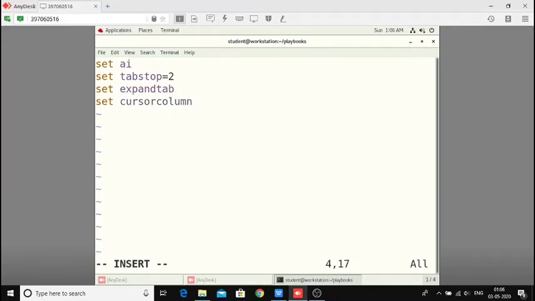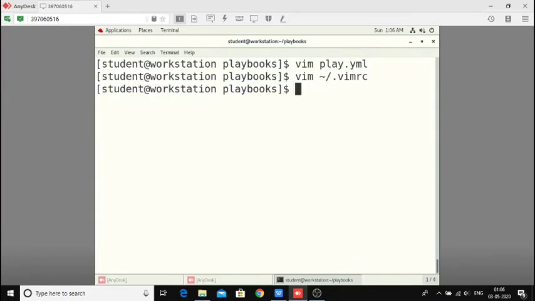That cursor column will be helpful, because it's very easy to understand and very easy to write as well. That's why I used to take that. Okay, just go with that, no need to do anything else.